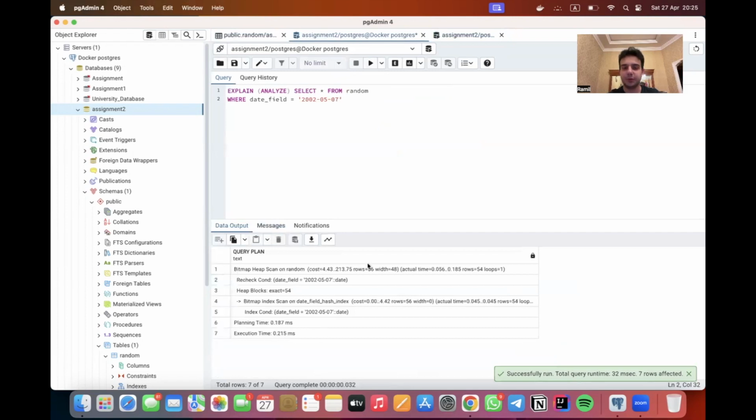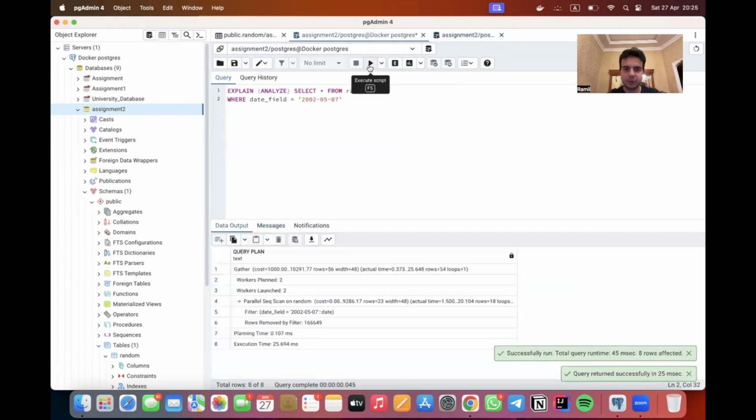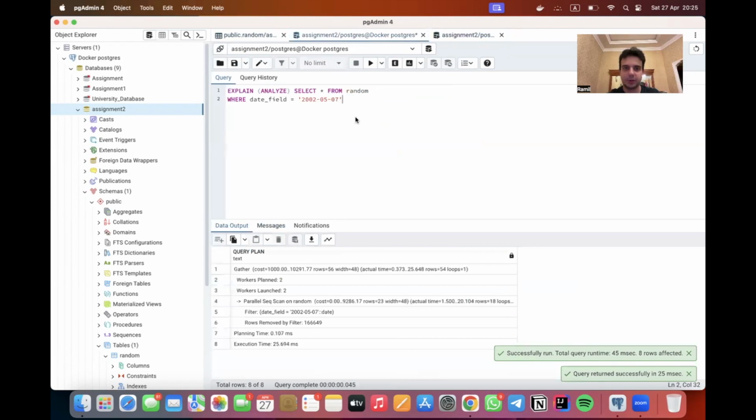Execution time is 0.2 milliseconds, and if I drop it, execution time is 25 milliseconds. With another value, it's 24 milliseconds. By doing this, we understood that hash indexing really helps us